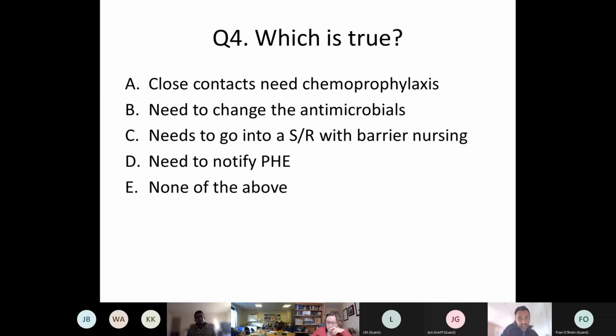They'd be less interested once they know that this is strep pneumoniae, because as I said, chemoprophylaxis isn't needed for strep pneumoniae. But usually the lab will notify of any acute bacterial meningitis. If you happen to be the first people, let's say you've taken someone straight from A&E to ITU, and you think the diagnosis is acute bacterial meningitis, but it's not been identified yet, potentially you as the ITU team may have to notify PHE until further results are known. So you may be the first people who do that.